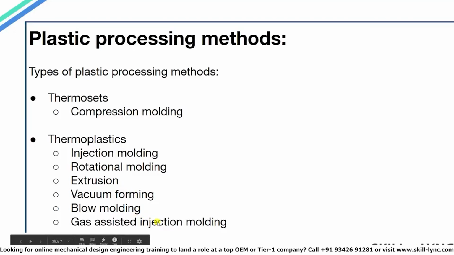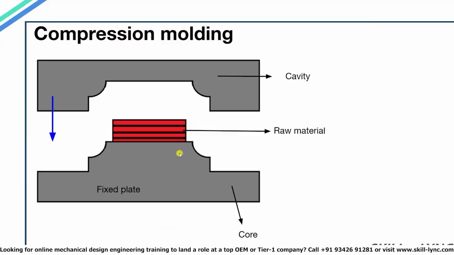The working of gas-assisted injection molding is the same as injection molding, which was covered in initial slides, but here an additive is added in the form of a gas. When making components of high thickness using the injection molding process, small craters are produced in the part due to shrinkage of plastic. This is a defect known as a sink mark. We will be covering all the defects formed in the injection molding process in the later sessions. For now, you need to just understand that in gas-assisted injection molding, a gas is added to the feed of the system to avoid the sink mark defect. This is the diagram for compression molding. In compression molding, the core is fixed and the cavity plate is moving.